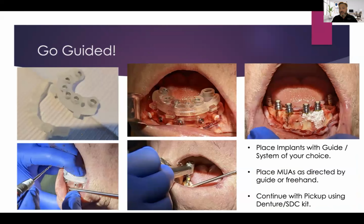And then if you want to do a guided, go guided. Okay, here's another case that we did. This is our own printed surgical guides as well. You can see that we have a buckle carrier on here, and then we have the snap-in guides occlusally. So it's very, very flexible in this situation. You can go through and you can use any type of osteotomy guide you choose, place the implants, place your